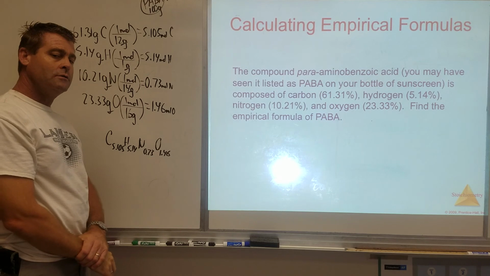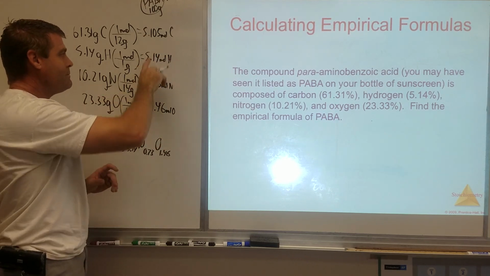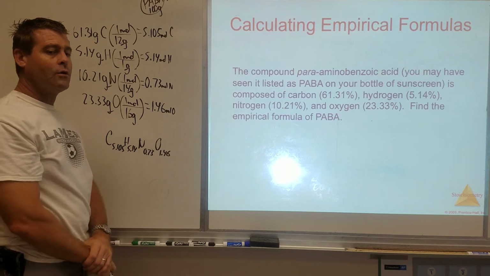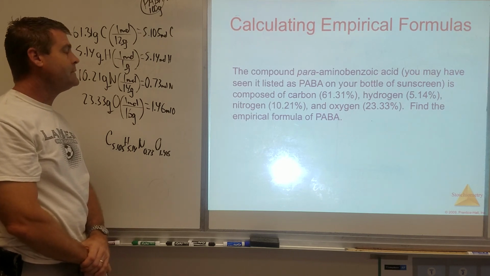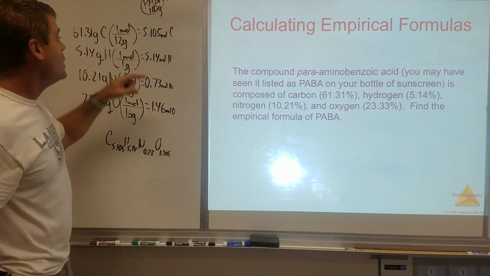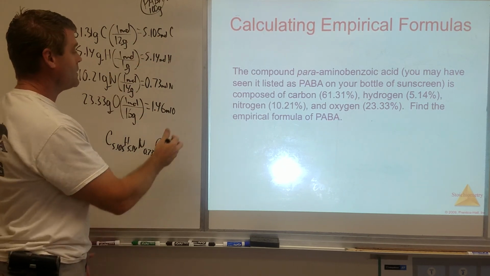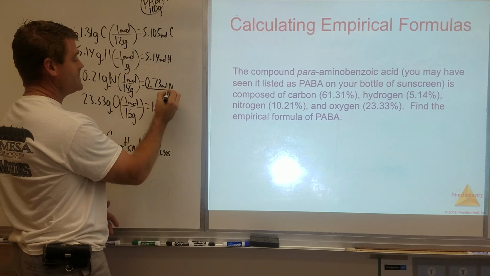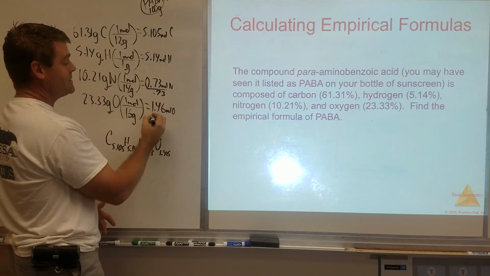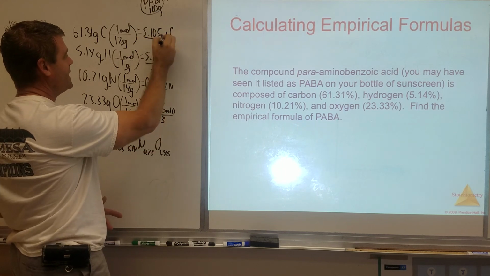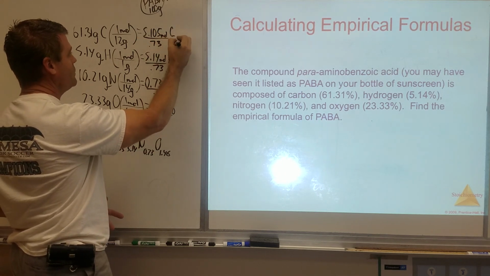What could I do? I keep the same ratio because the ratio is correct, but I can't have non-whole numbers in my formula. What you should know is, whatever you do to one, as long as you do it to all, you're going to keep the same ratio. So what I would recommend is you take the smallest number and just divide by it. But once again, if I'm going to keep the same ratio, I have to do everyone by the same thing. So I'm going to divide everyone by 0.73. When you do that,